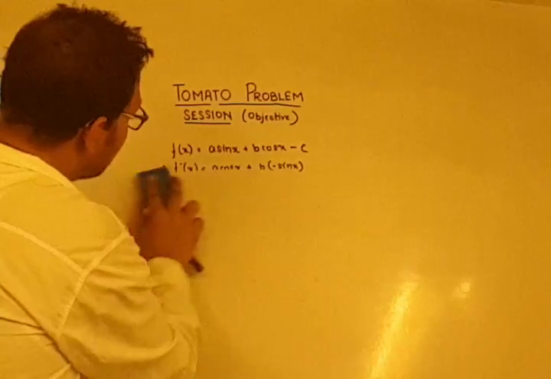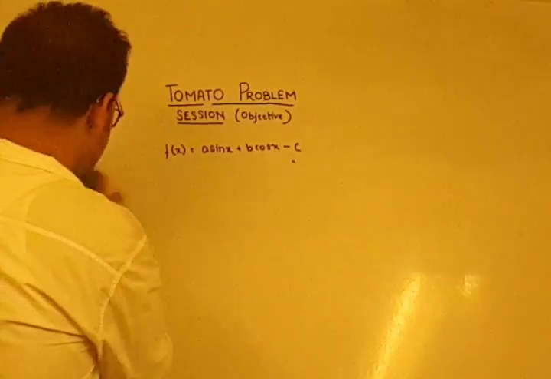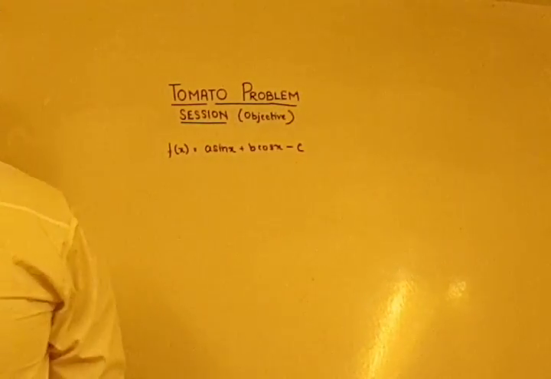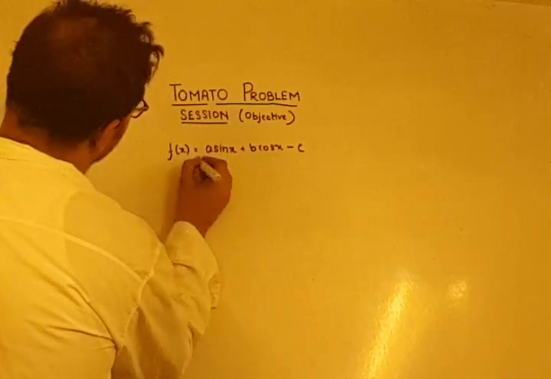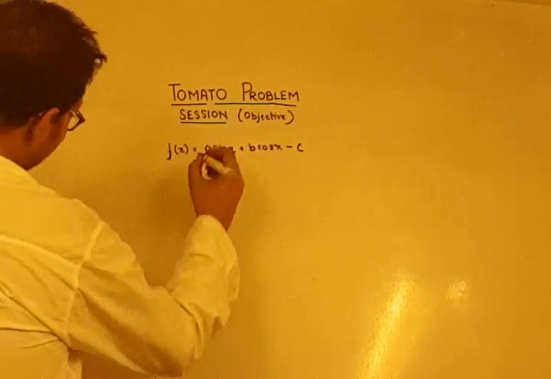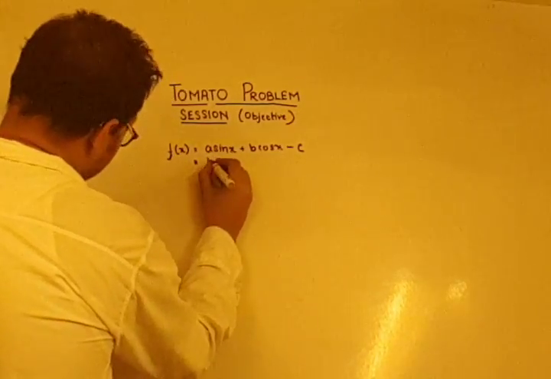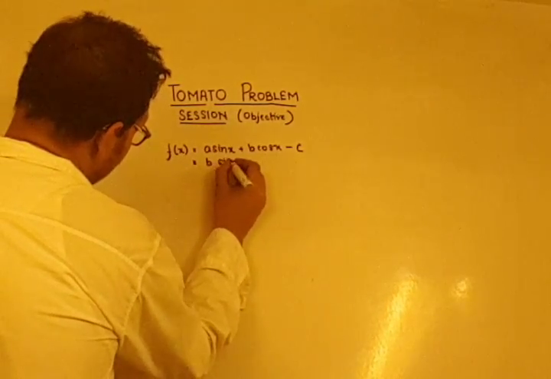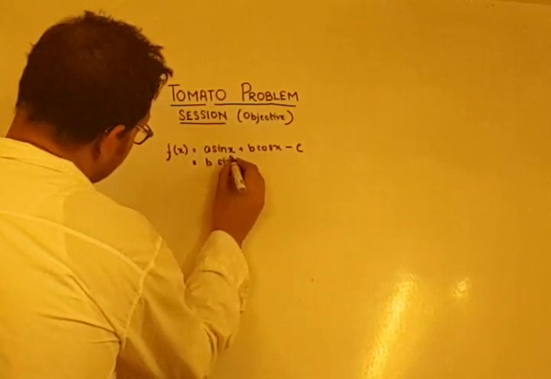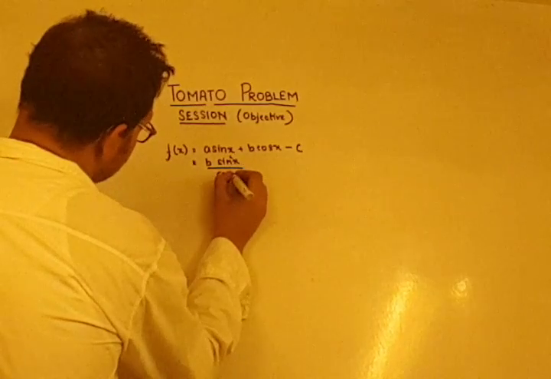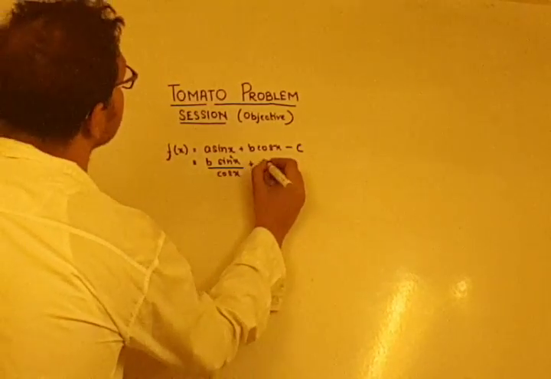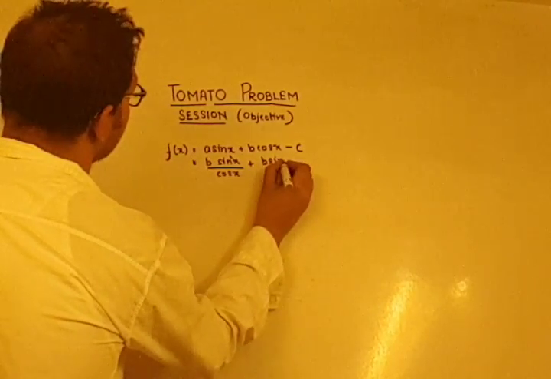What we have to do is substitute a equals b tan x, and when I substitute, I get b into sin square x by cos x plus b into sin square x